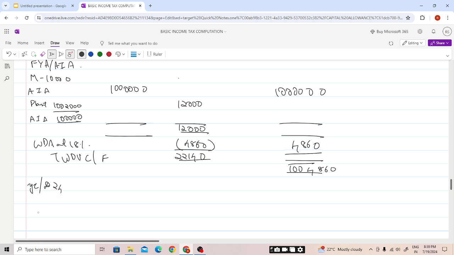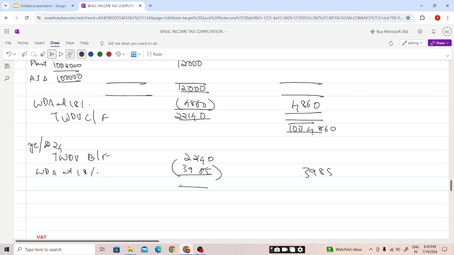No additions. So WDA will be at 18 percent directly. We bring forward 22,140 into 18 percent. This will be 3,985. So for this year the allowance is this much. So the tax written down value will be, students, 18,155. Now for the year ended 25,